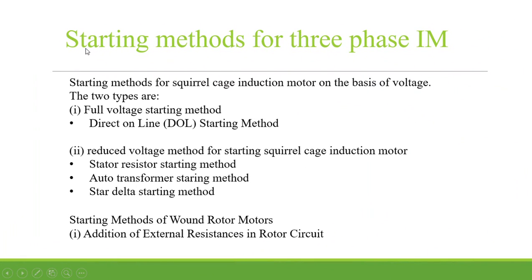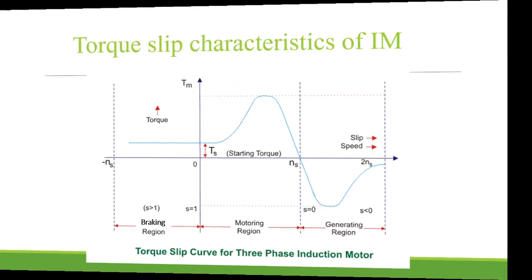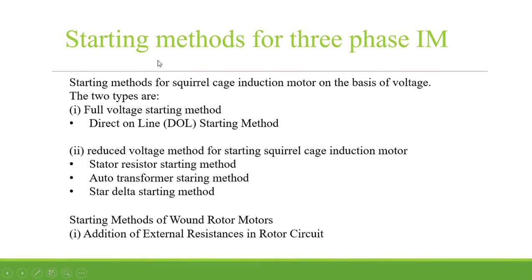Now we will be studying the starting methods for the three-phase induction motor. As we have already seen, there is some starting torque, so the three-phase induction motor is self-starting. Then why do we need to put some starter and see these starting methods? Because when we start a three-phase induction motor, we get very high current, 5 to 7 times the full load current. That current can be very dangerous. So in order to protect the motor from it, and to maintain good starting torque also, we use these starting methods. So we will be looking at this